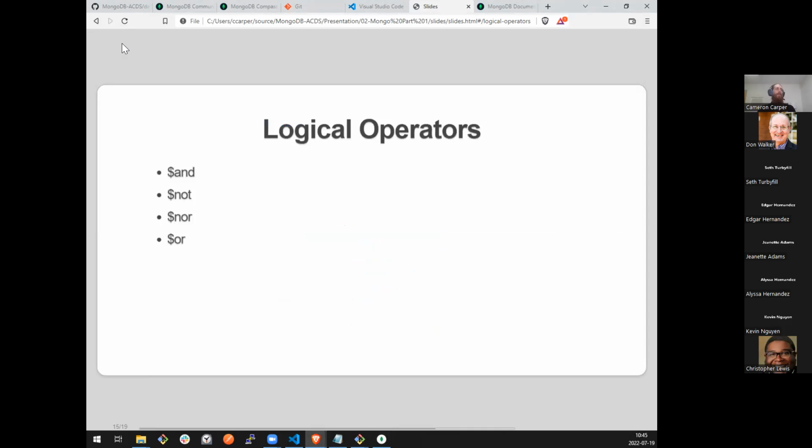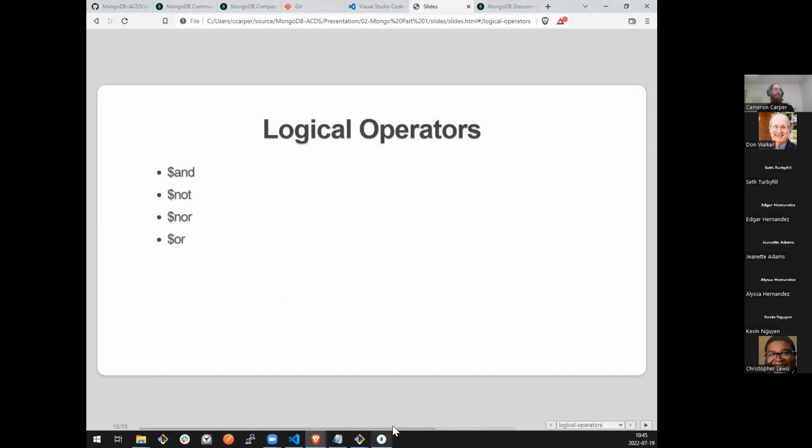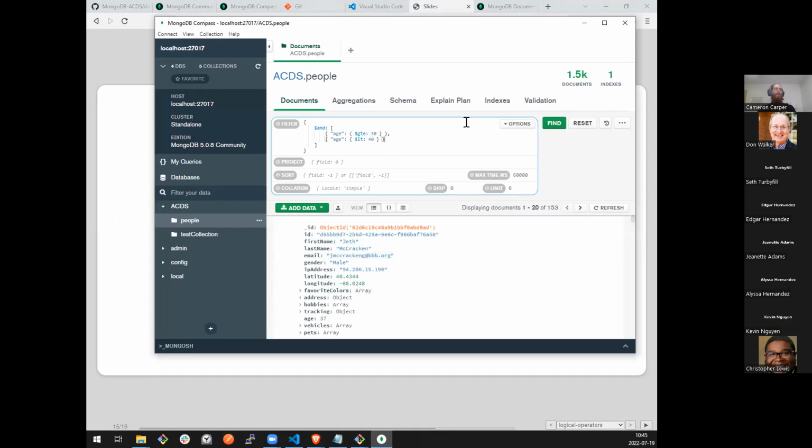I said and or are our most common logical operators. So let's also look at or real fast. What if we wanted to do the opposite of what we've just done? Instead of saying, just give me people who are in their 30s, I want to find everyone who is not in their 30s. There are obviously multiple ways to do that. Since I want to demonstrate a logical or, I'm going to say query everyone who is less than 30 or is greater than 40.